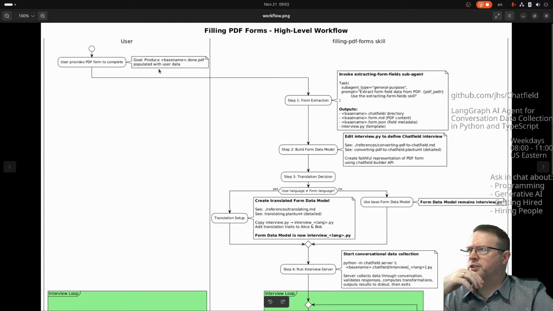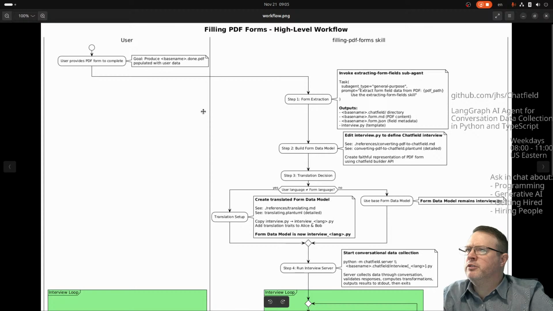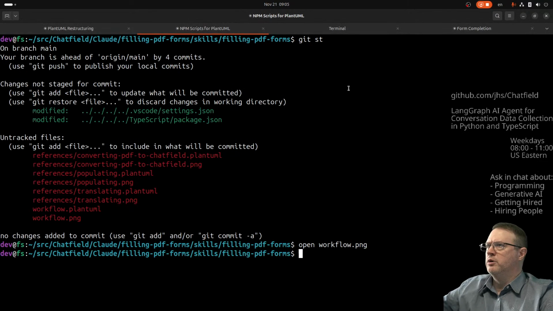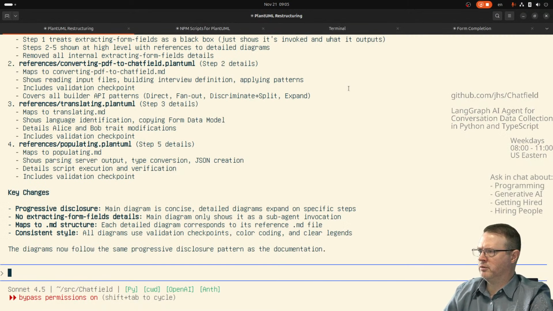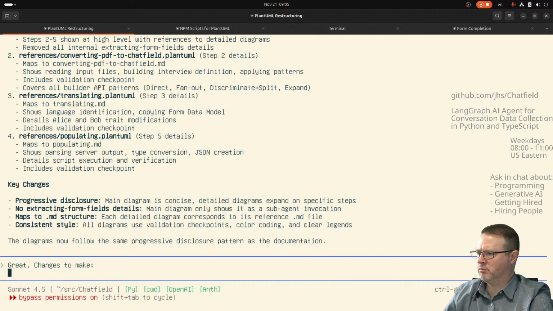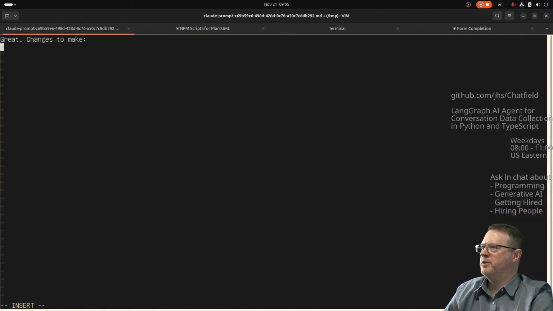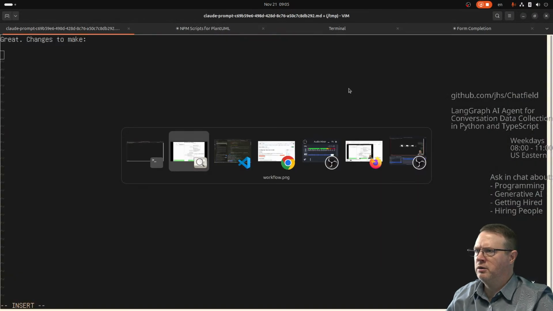User provides. So this is the filling. So they provide it to complete. The goal is to produce basename.done.pdf populated with user data. Yes. So then the skill runs. Neat. Great. Okay, I know what I want to do. Let's start updating. Great. This is awesome. So let me drop into Vim here. So this is good. This is good. Okay, so